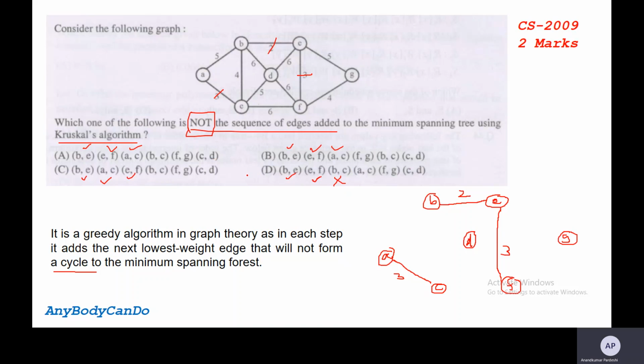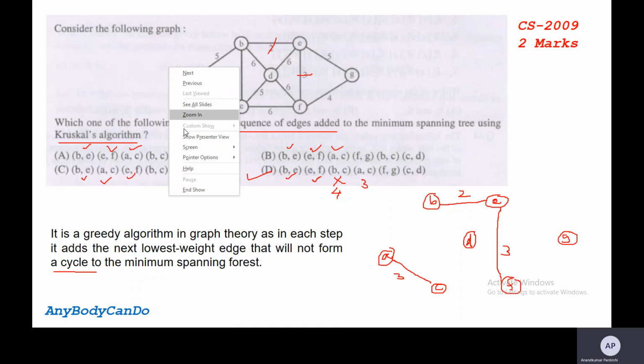So the correct answer for this question is option D. Why option D? Here B to C, the edge weight is 4, and A to C, the edge weight is 3. So this is not in the sequence. That's why the correct answer for this question is option D.